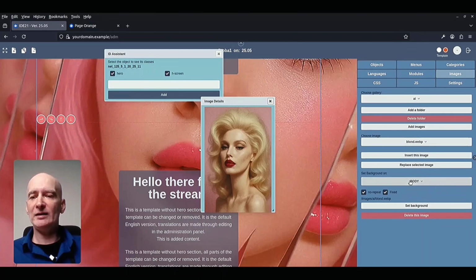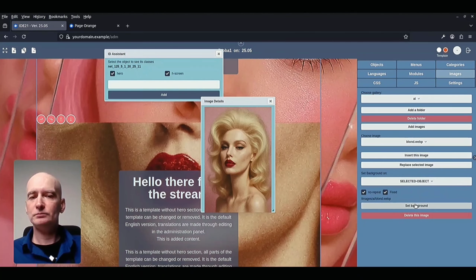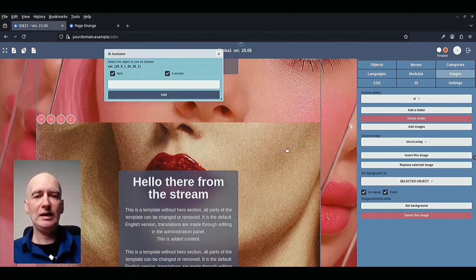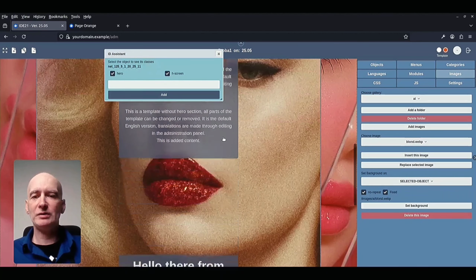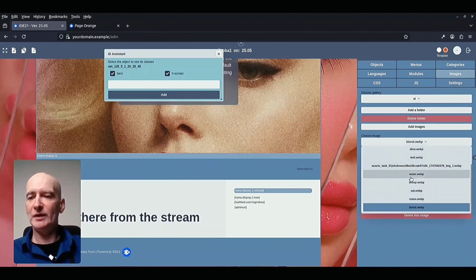I will add another image in the selected object, like this, and let's do another cloned hero section and select it and put the third image there.